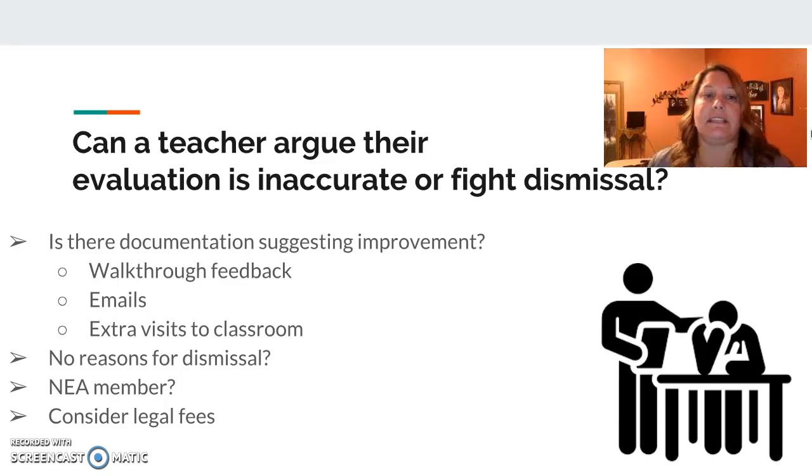If this teacher is a National Education Association member of the union, they will have an attorney provided for them, and they may have part of their legal fees paid for if they decide to pursue a court case and fight the dismissal. But one thing I would really consider are the legal fees. You could go into large amounts of debt and fight this dismissal and not win, and now not have a job and be in debt,